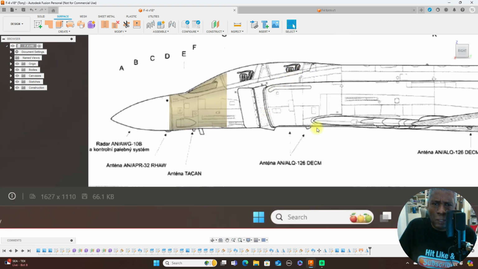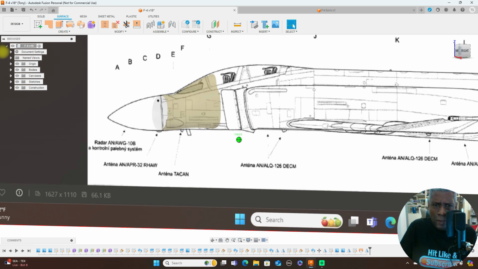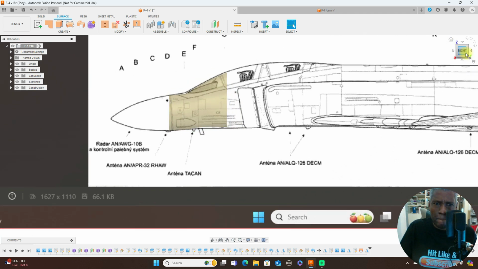And that is lofting. But a better way to do this, I wouldn't say it's better, but what I'm going to do now